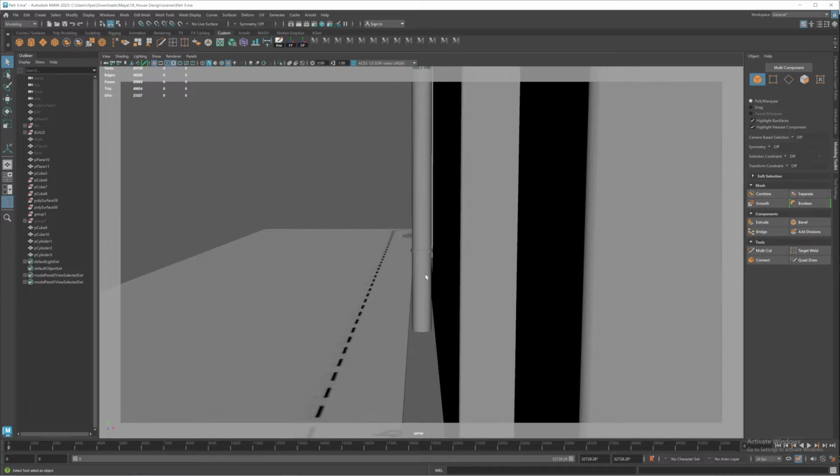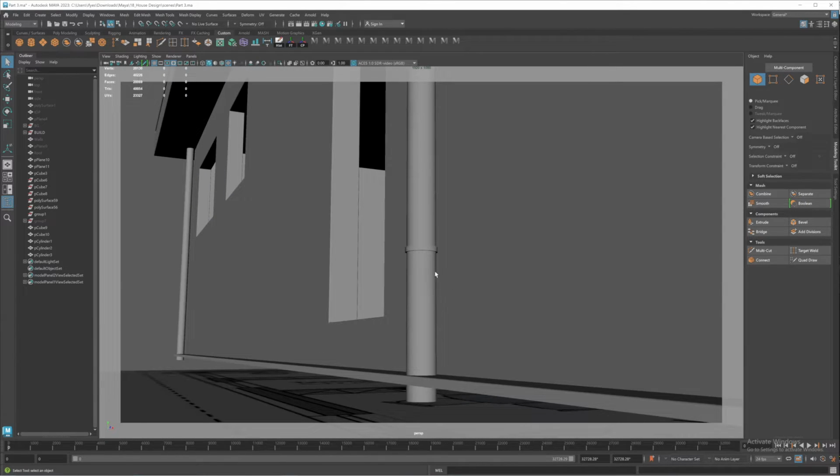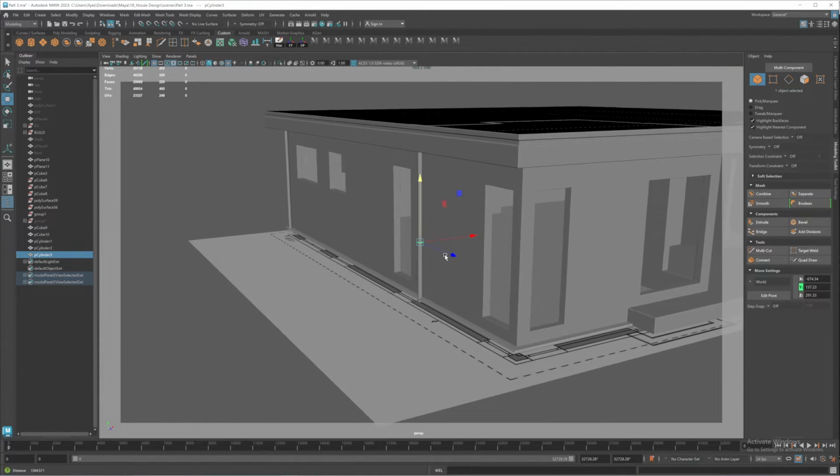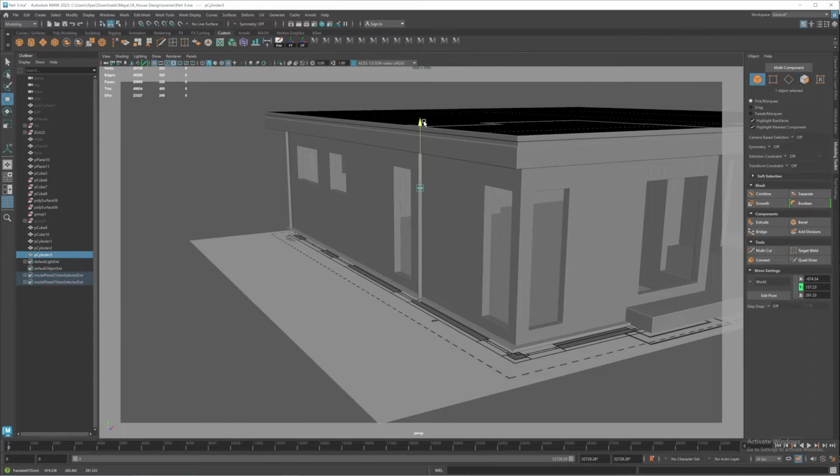This is like the pipe that holds the hooks that hold these things in place. Just did something to add some nice details, and maybe bring it down here,